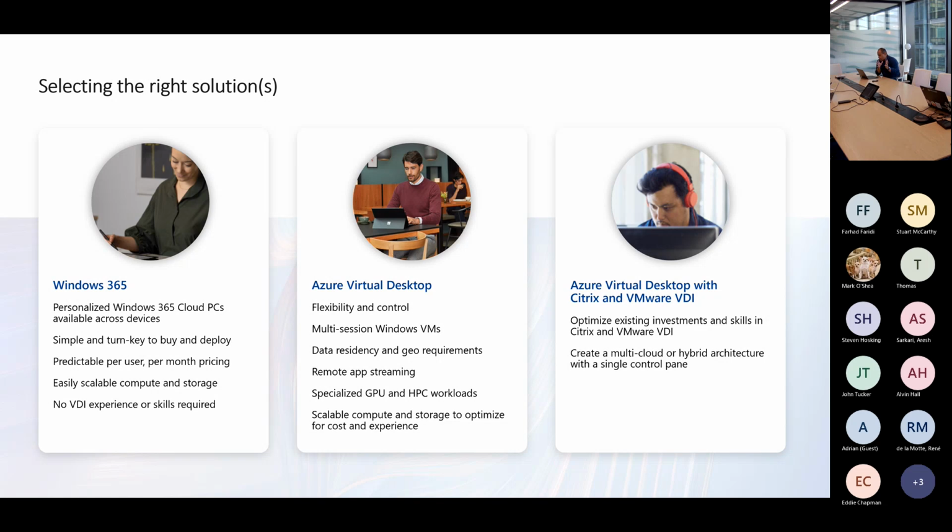It integrates very well with the Microsoft ecosystem around Azure Active Directory, Microsoft Defender for Endpoint, and all your Microsoft 365 applications. However, there are other offerings also offered by Microsoft called Azure Virtual Desktop. And there are some more offerings from other partner vendors, from Citrix and VMware as well. Now, which one to pick over the other is what we are going to take a look at. As I mentioned, there are multiple use cases when you're talking about virtual desktop delivery.